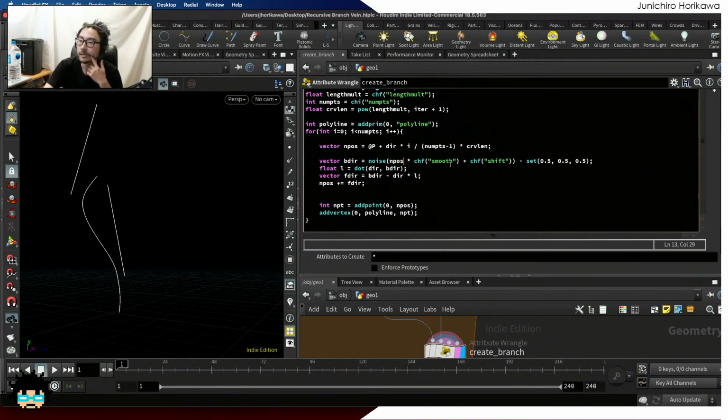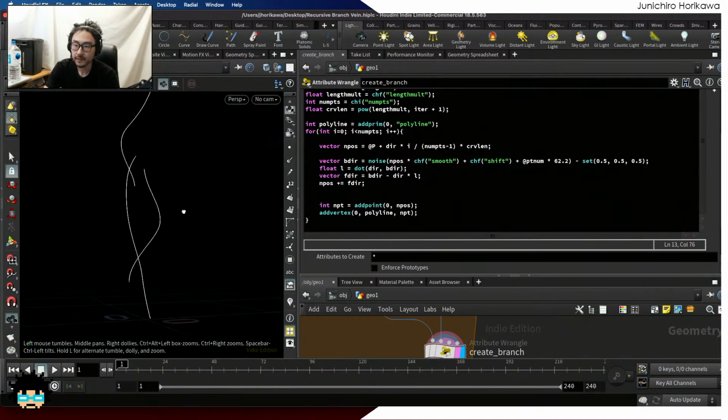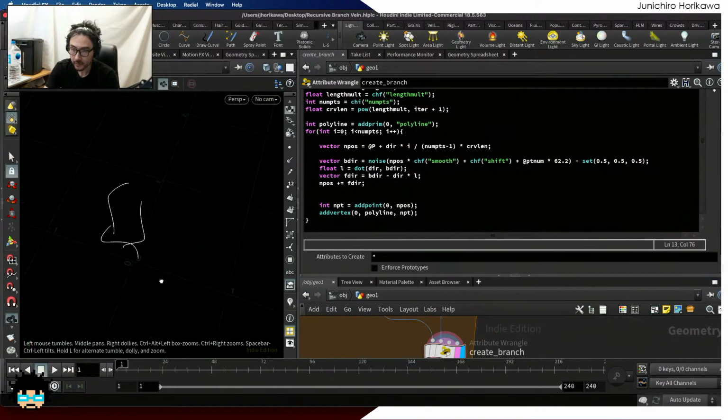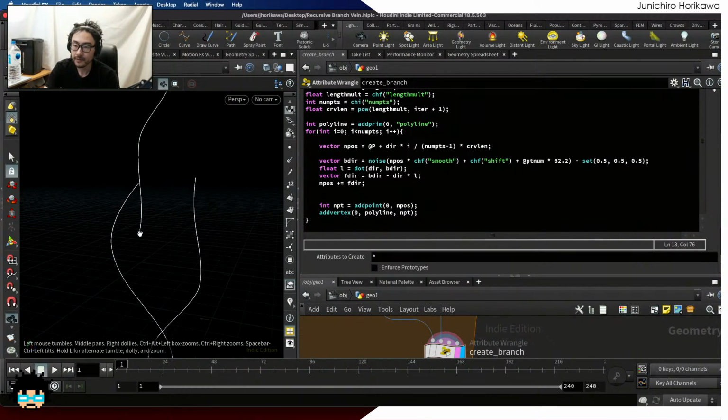Alright, then I can add additional value here, which will be maybe ptnum multiplied by some constant value, and let's see how it goes. Okay, now it created a curvy curve which I wanted, although the starting point also shifted to some random direction,